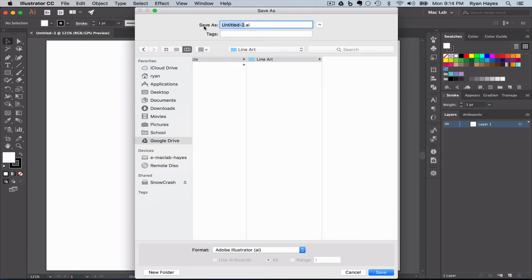We don't want to save it Untitled 2, that's not smart. We want to practice strong organizational skills in the Mac Lab. So this is how you name your files. You might get a grade for file management, so you might want to make sure you have this right. It is the period number which you are in. Alright, so if you're in period 1, 01, underscore your last name and first initial, so Hayes R, underscore again, that is shift and the minus key,